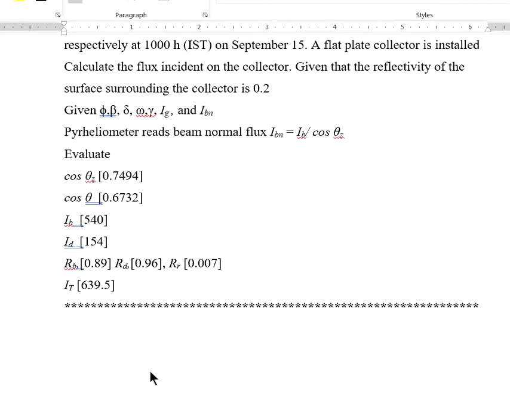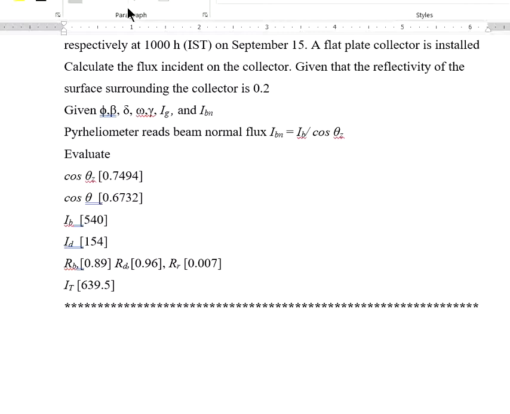So these are some examples which I have taken in a representative manner. There is a wide variety of examples which can be solved in solar angles and radiation fundamentals. In the course of our further coverage, we will solve some more problems and cover some more fundamentals. But for the time being, that's all for solar angles and radiation fundamentals.